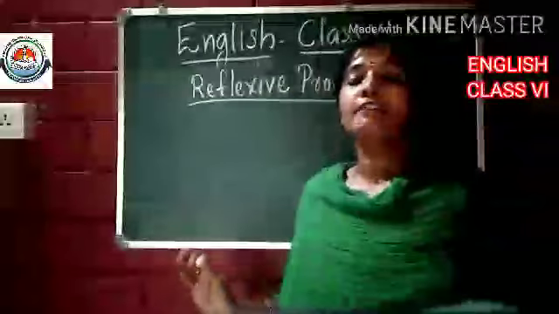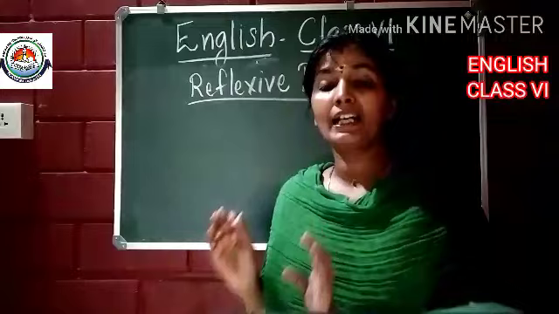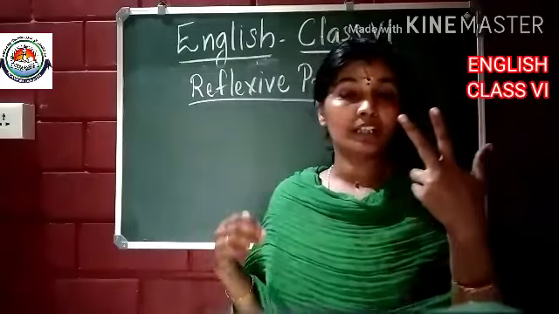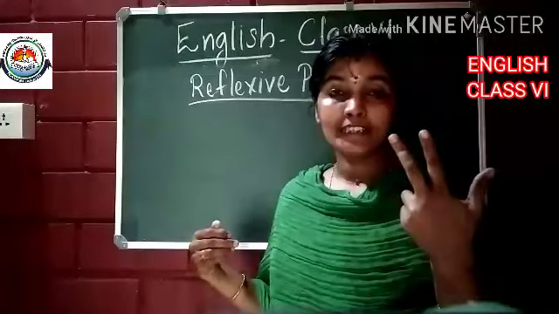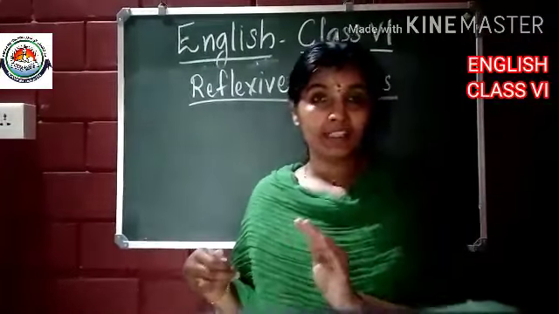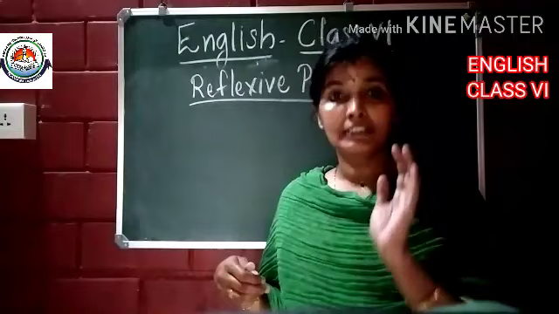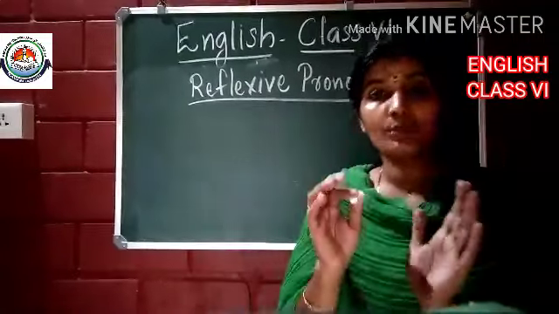Okay, now we have discussed the articles. There are 2 types of articles as we have learned before: the indefinite articles a and an, and the definite article the. Hope you understood the portion.